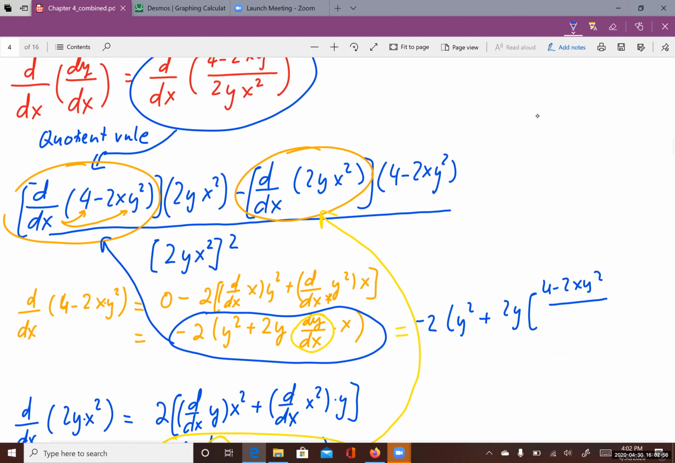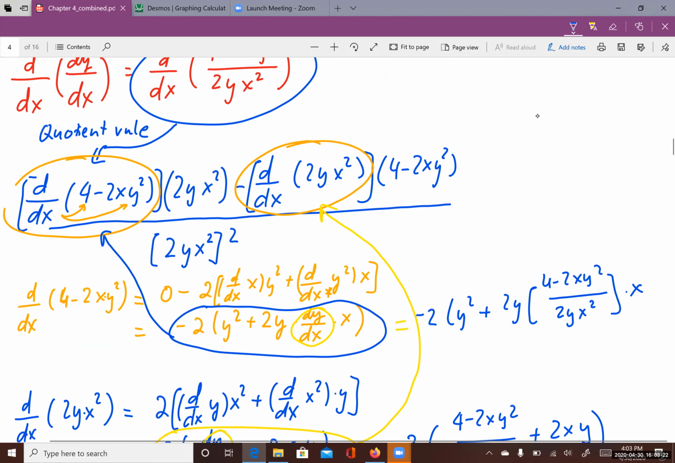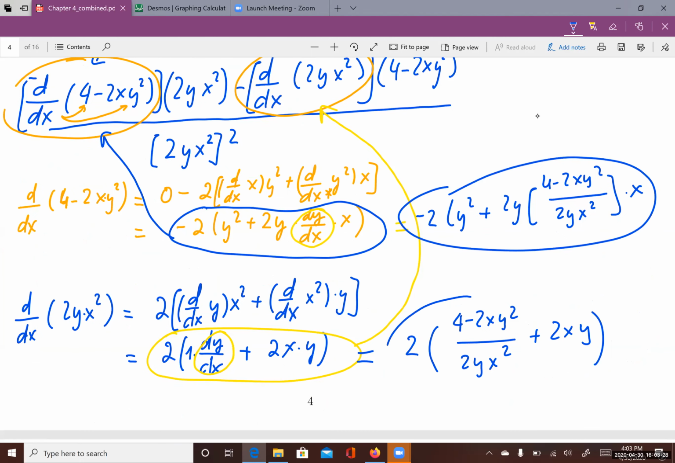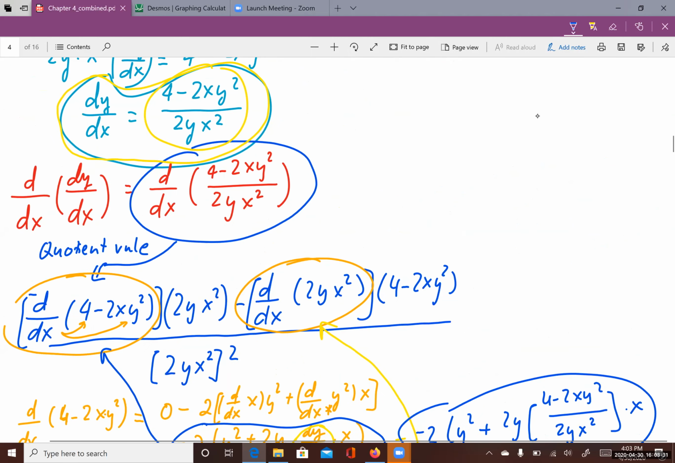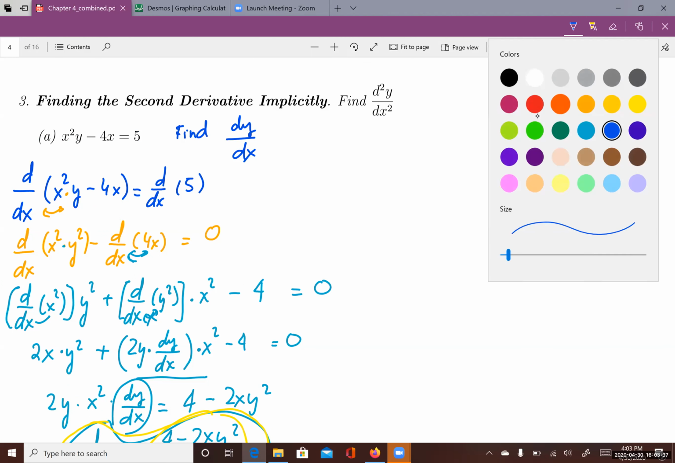Over 2yx squared multiplied by x. Okay, and again, this differentiation, I have 2 dy over dx is 4 minus 2xy squared over 2yx squared plus 2xy. Okay, now is a good time when I can plug this into here, right? And then this into this one to finish my problem. So that's